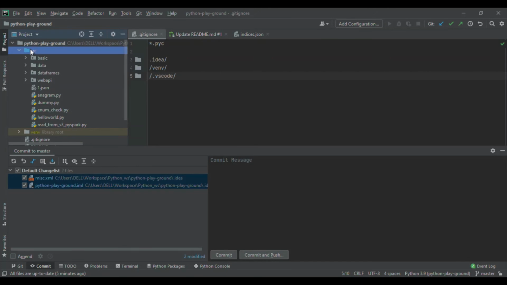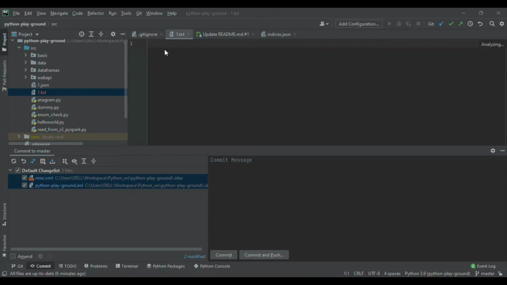So more of what we'll be using day to day. Let us say I'm going to create a new file. I'm just going to create one.txt, a test file. It will ask whether you want to add it to a version control system, and I'm just saying no. If I add it, it will show in green color. Since I didn't add it, it's showing in red color.